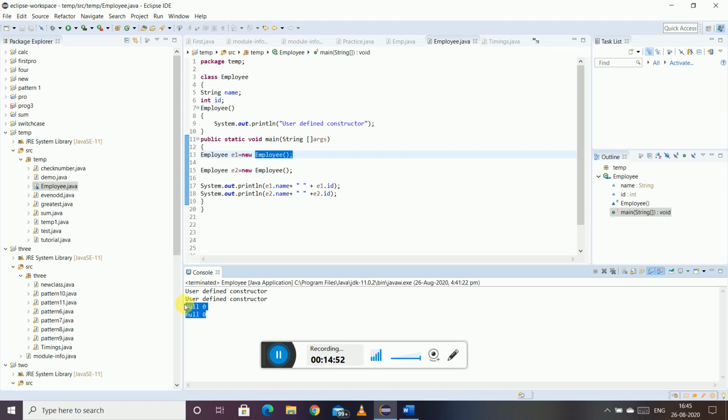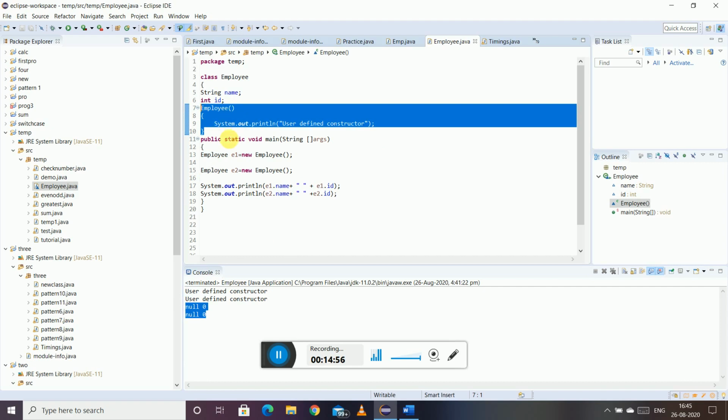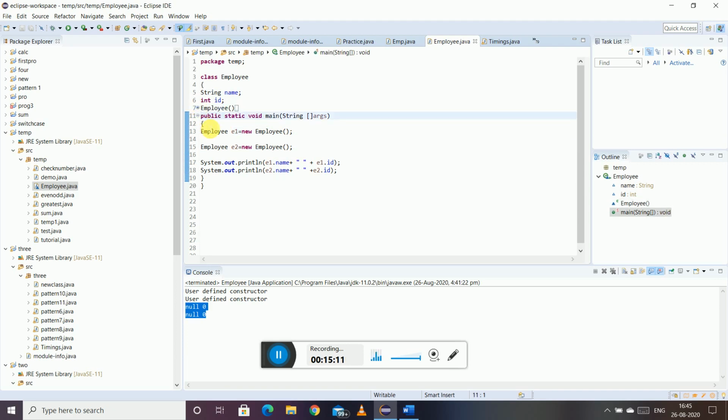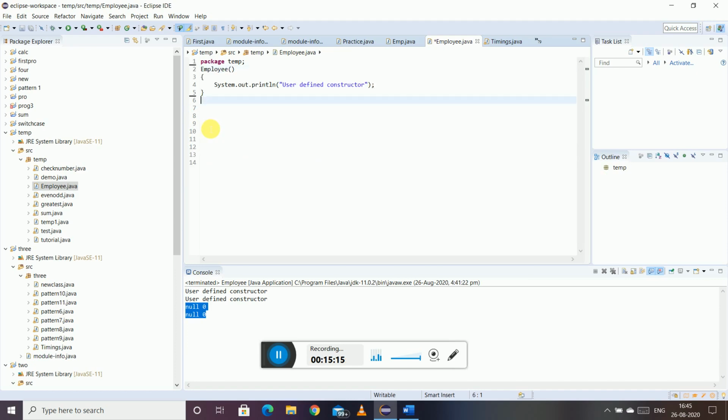So see, again it will be null and zero because you have created the constructor, but again through this constructor you are not providing any values to name and id. Okay, so on this call this constructor does get called, but no values are getting provided.